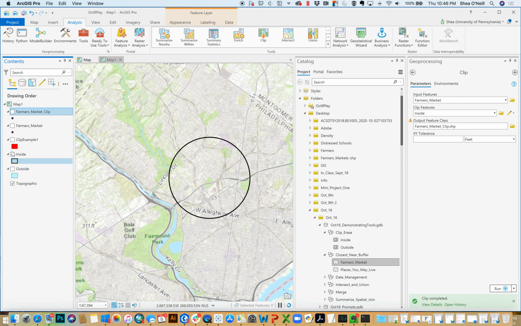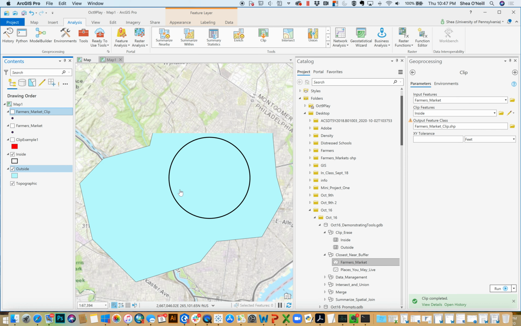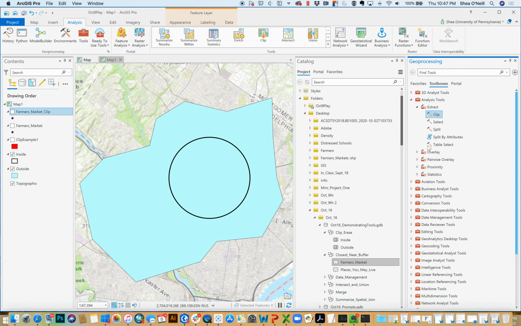Let's look at the cousin, right, which is erase. Now, erase is going to give us something totally new. Clip, when we clipped the polygon, created a mask of the shape. Whereas erase is almost going to create a Swiss cheese effect, right? It's going to snip out this circle here, and erase is going to let us keep the paper on the outside. So erase exists here in overlay,